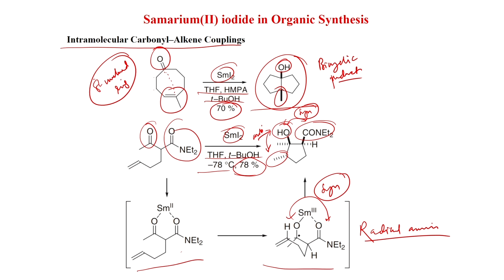So, this olefin and O samarium, because here a methyl group is there, O samarium wants to stay anti, and after cyclization you get this geometry. This is very important. In pinacol coupling we have seen the aldehyde and ketone are on the same side, but here if the aldehyde is replaced with olefin, then the ketone and amide are on the same side and the newly generated methyl will be anti.